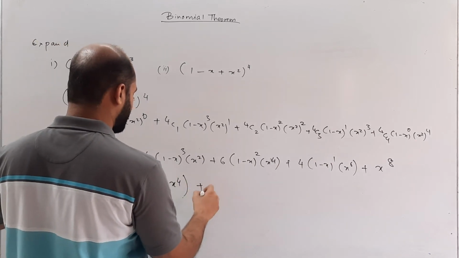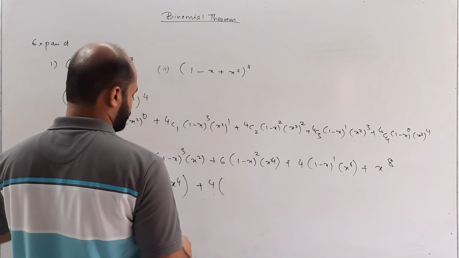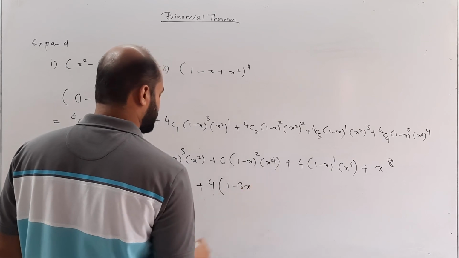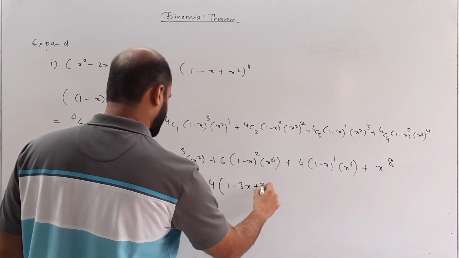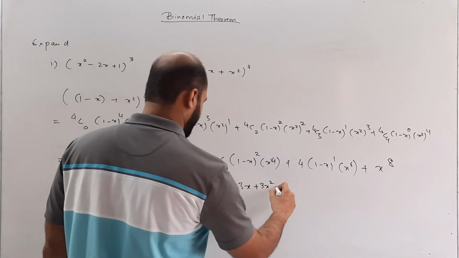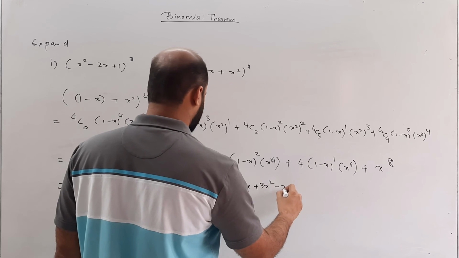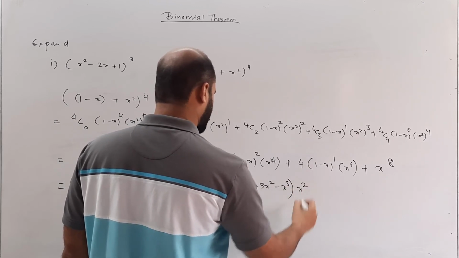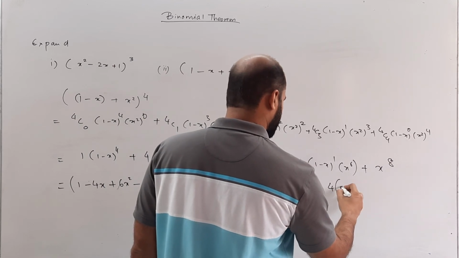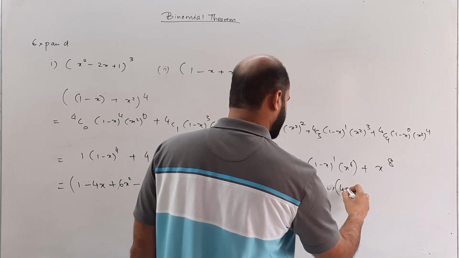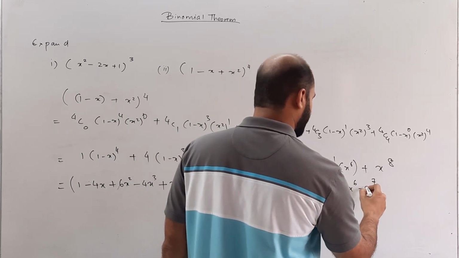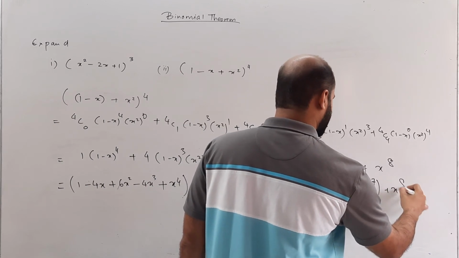Second one, as you can see, is going to be a cube. So ultimately this is going to be 1 minus 3x plus 3x square minus x cube into x square multiplied over here. This will be comparatively simpler. 4 multiplied inside x raised to 6 minus x raised to 7, and here also there will be a 4, and this is x raised to 8.